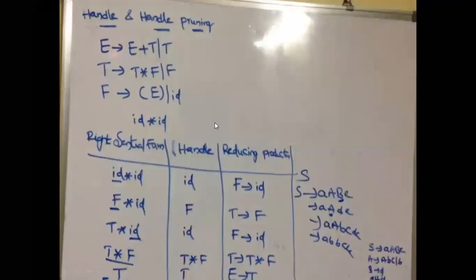Okay, so this is the example in the previous case we are discussing. So this is the id star id. So we are taking this grammar, and we have to generate this by using three right sentential form or left